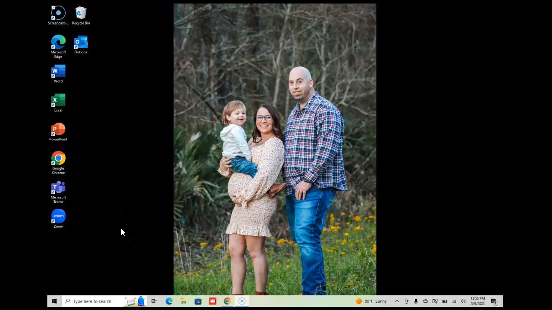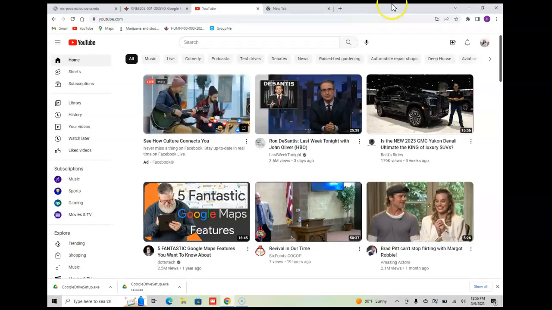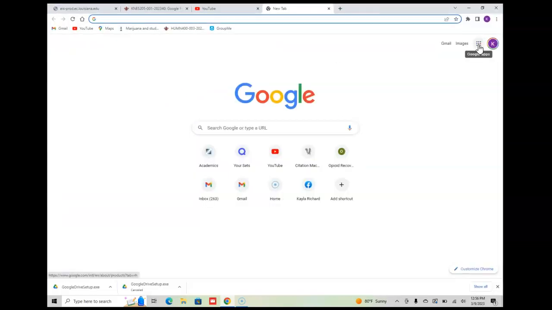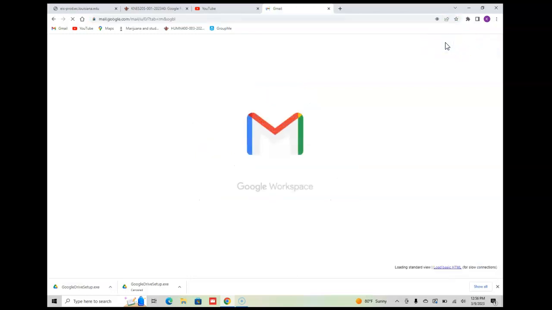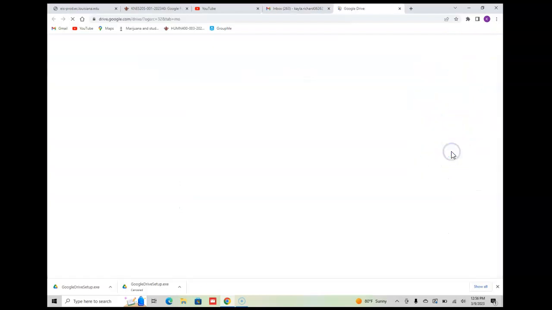For this week's assignment, we have to create a Google form using Google. So I'm going to pull up my web browser. I'm going to go to new tab, go to my Gmail account. I'm going to go to Google Drive,